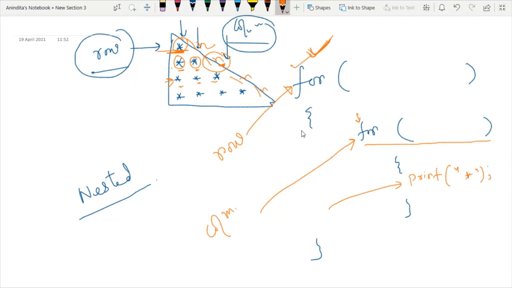It is the responsibility of the outer loop to print the \n or next line. These are the two basic ideas you have to remember: the outer loop prints the next line, denoting the end of the row, and the inner loop is responsible for printing the star in the column.